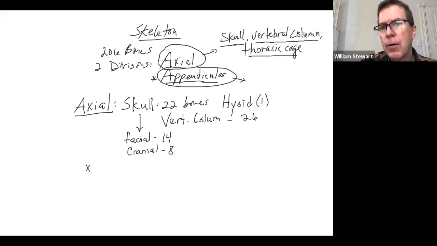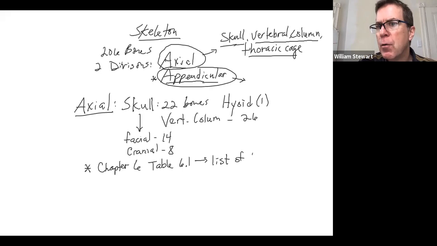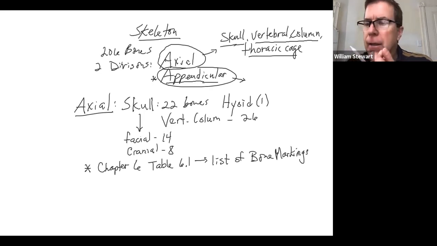I'll write this down now. Go back into chapter 6, table 6.1 if you need it. This is all about chapter 7, but that table is a list of bone markings. Now we're going to use that table in detail. I'm not going to expect you to necessarily memorize everything that's in that table. But the more you use that table, the easier chapter 7 will be, because bone markings are just things on bones,